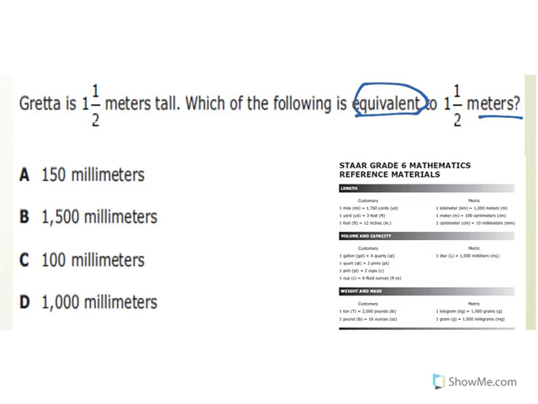All right, so I'm looking for something that is equal to 1 1/2 meters. Now let's look at our multiple choice. As you can see, all of my multiple choice are in millimeters. So what I have to do is turn 1 1/2 meters into millimeters. So let's look at our reference chart. We have to compare meters and millimeters. So as you see here,